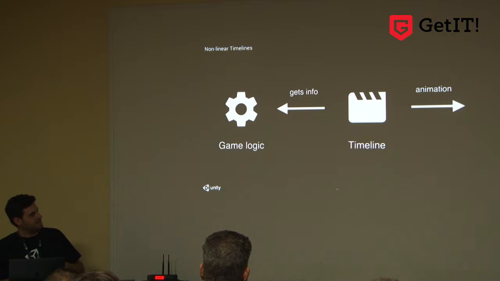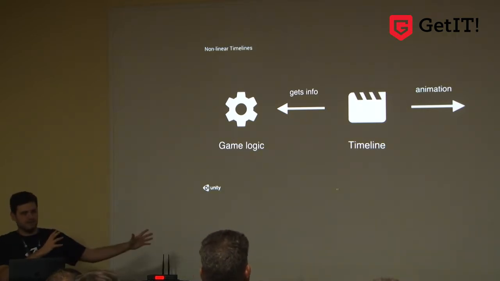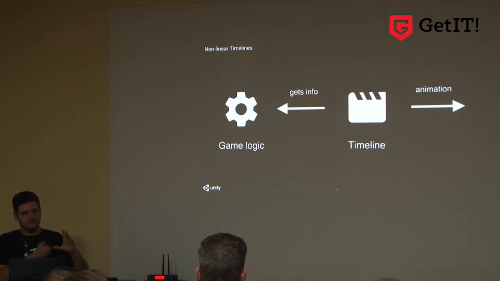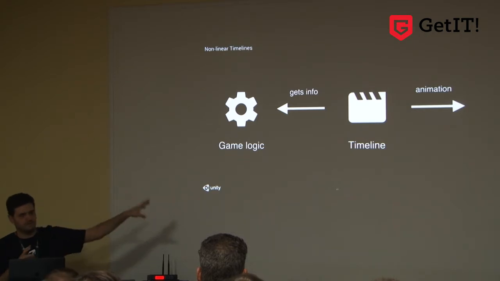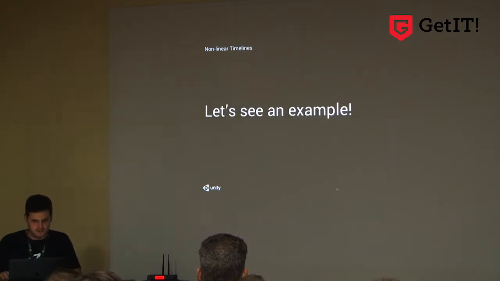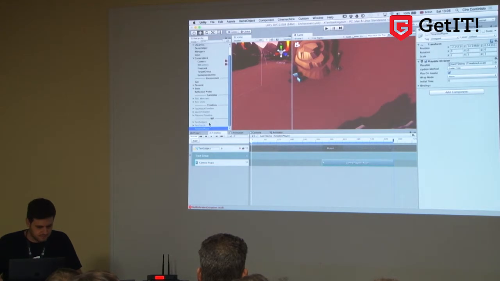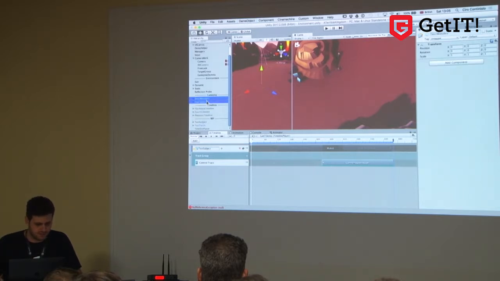In this case, I'm basically saying the timeline is looking at the game logic from the game, is checking something, and if that something happens, it rewinds. And the timeline is producing the animation, the final animation, but it's just taking info from the game logic from the game. So if I go back to Unity, I'm going to show you this storm timeline. Sorry, I want to just show you the game very quickly. So